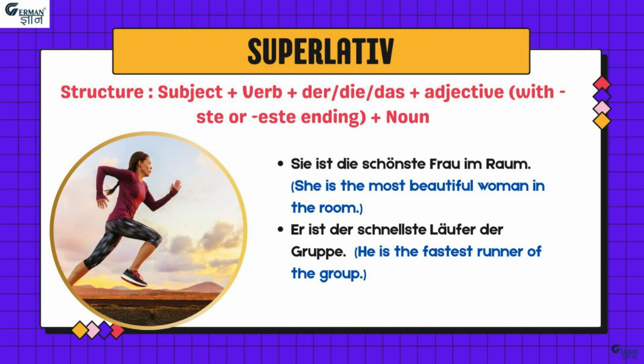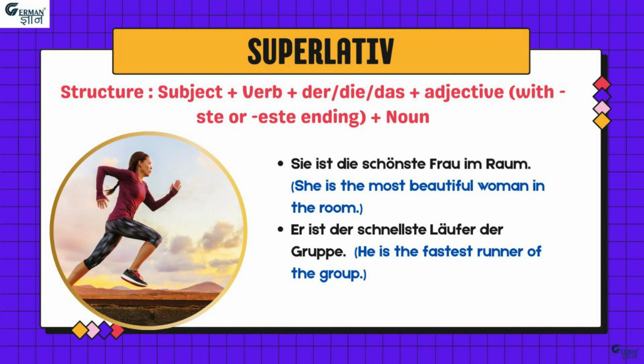And the sentence structure is, first comes the subject, then the verb, and then der, die, das, meaning the article of the noun, then the adjective, and then the noun for which you are using the adjective. Now remember, the adjective comes with an ending, and the endings are ste or este. For example, sie ist die schönste Frau im Raum. So